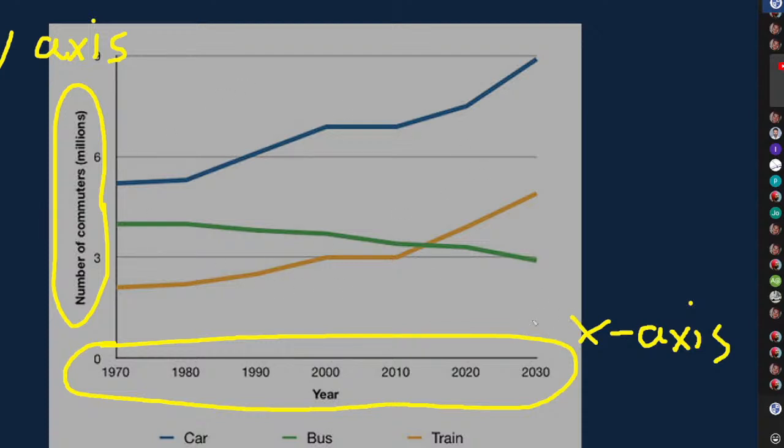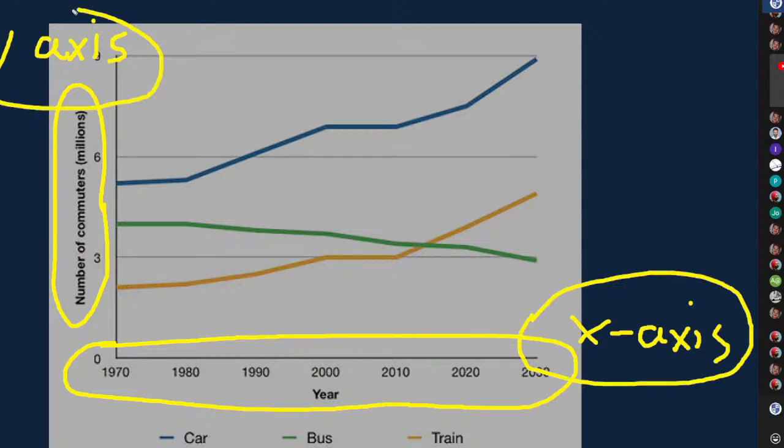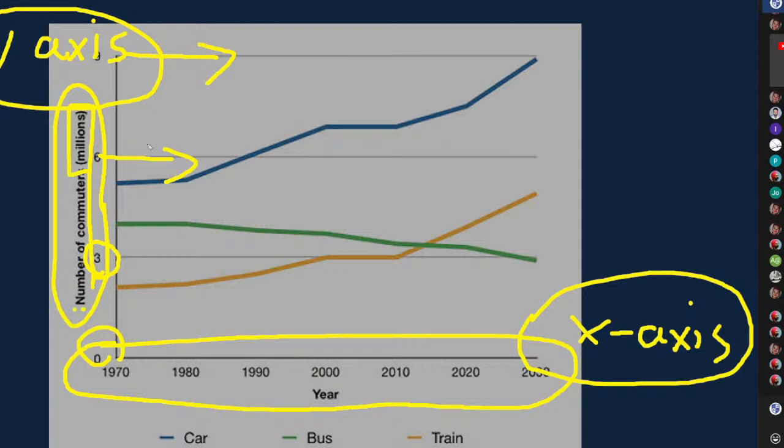So this is our x-axis. This is our y-axis. We're paying attention to those. And of course, here we have the number of commuters in millions. So we have 0, 3 million, 6 million, and 9 million. And just like how I'm looking at this graph right now, you want to carefully observe this